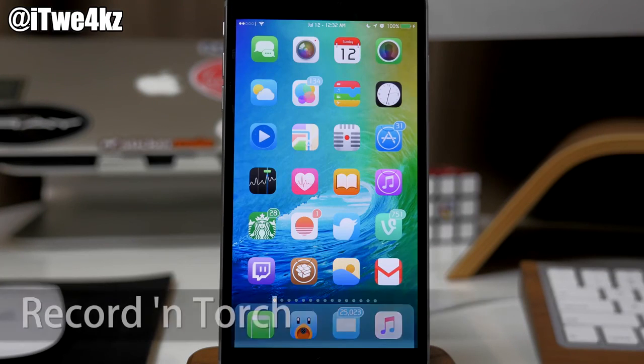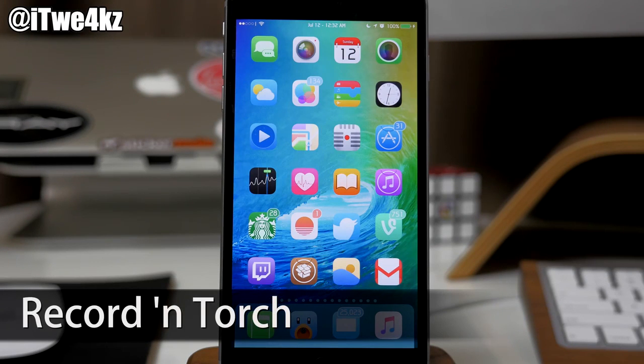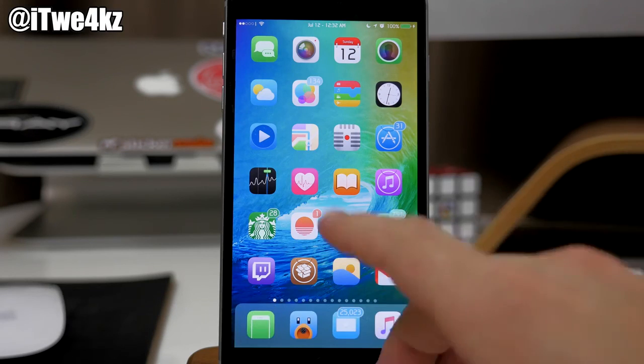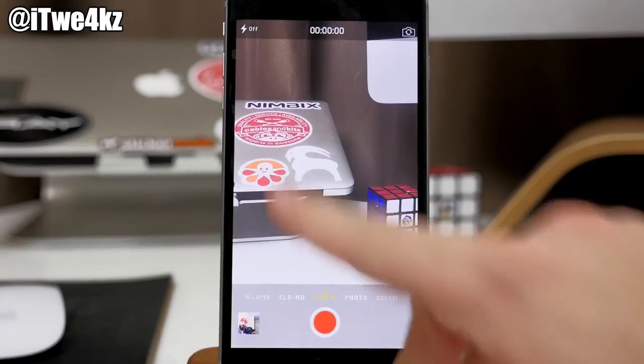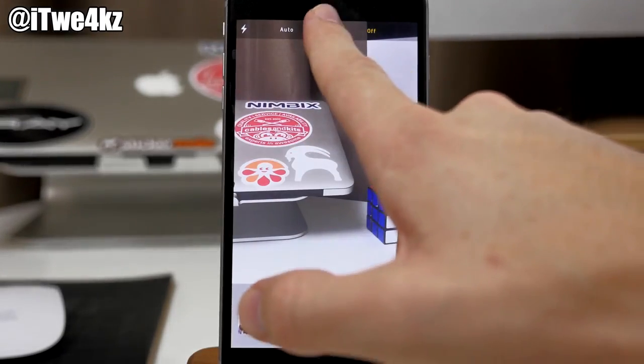Next, we have a tweak called Record in Torch. Now what this does is allow you to use the flash while you're recording video in the camera app. So if we open this up, you'll see that we have the flash button right here. So if we turn that on,